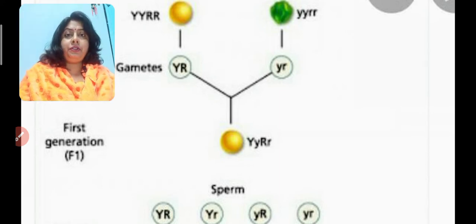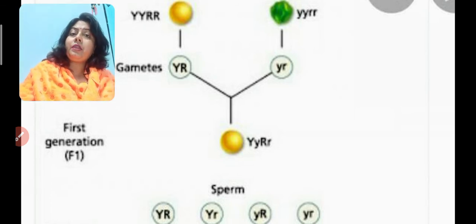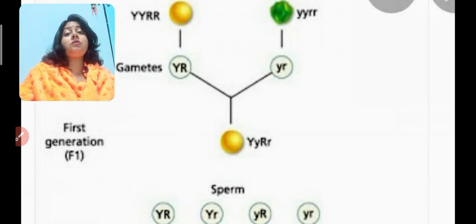See, students, first let us understand what a dihybrid cross is. Similar to the monohybrid cross, which was a cross between two organisms which differed in one pair of contrasting characters, the dihybrid cross is also a cross between two organisms, but these two organisms differ in two pairs of contrasting characters. Like in the monohybrid cross, we took the plant character to be plant height. And what were the alternating forms? The tall plant and the dwarf plant.